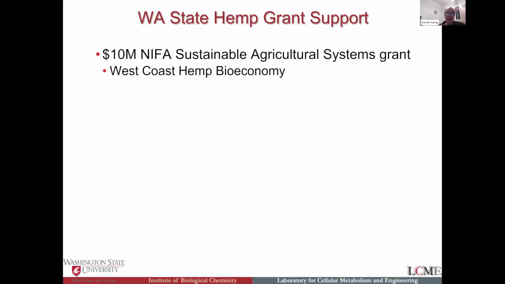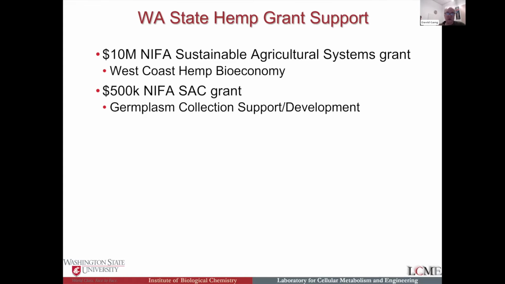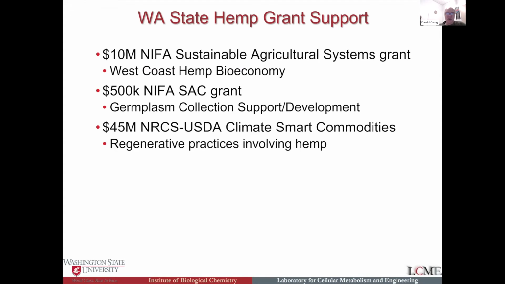We've been very lucky in being able to get access to grant funding that helps us. We got a SAC grant, a Special and Alternative Crop Grant from NIFA, that supports the effort for the germplasm collection development. We got a $45 million Climate Smart Commodities grant with Oregon State, looking at integrating regenerative practices in potato cropping systems, which is very, very hard on the soils. Hemp can help alleviate those problems or repair the soils. And so a part of what we're doing in that grant is looking at how hemp can